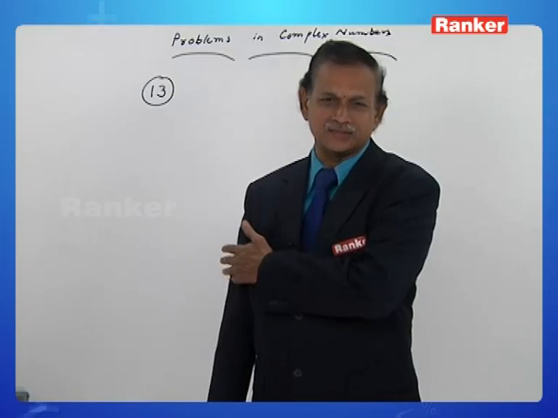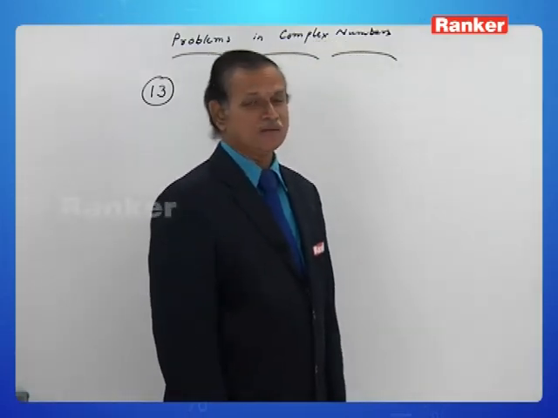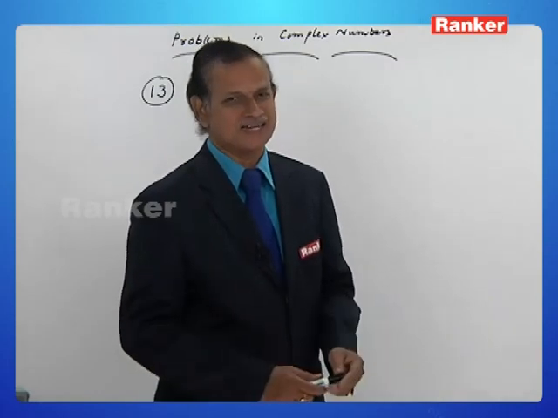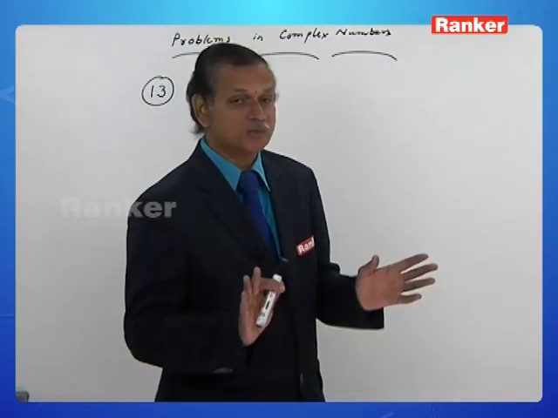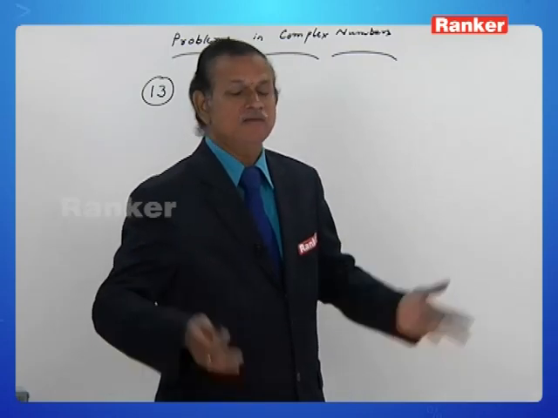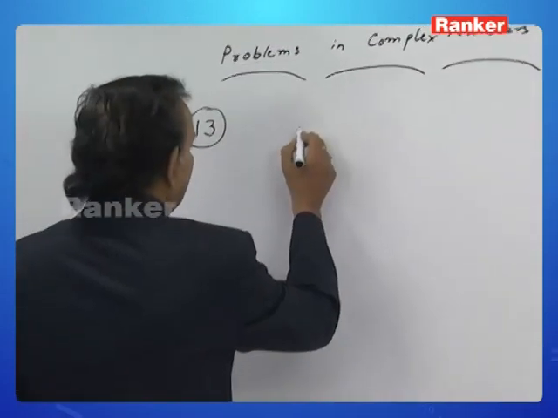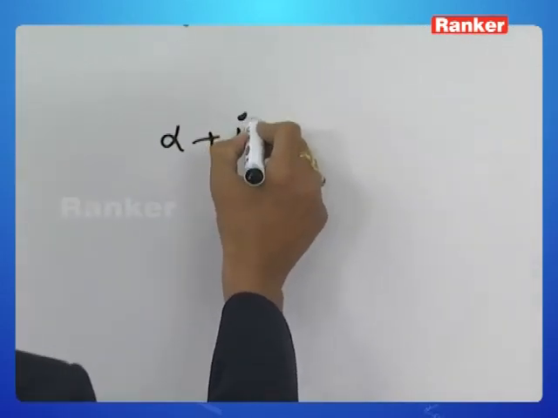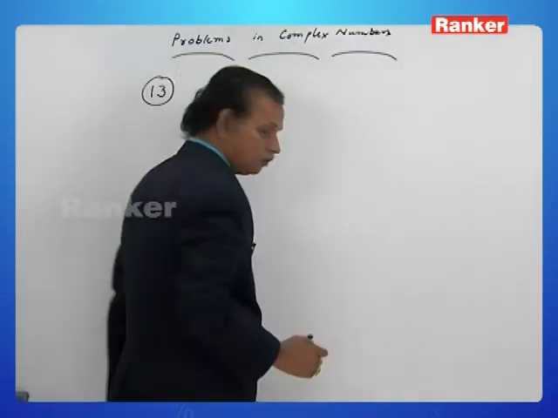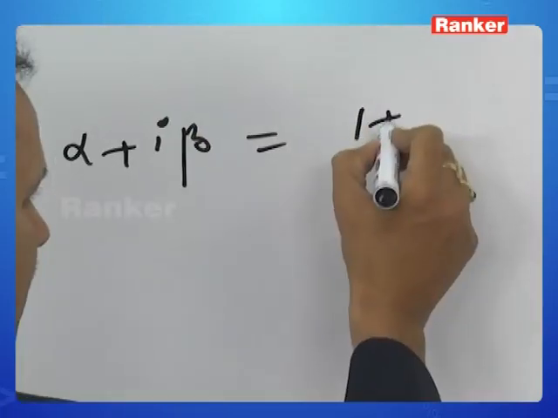He is asking us. Oh, it's very simple. You see, in the data, 1 plus i, 1 plus 2i, and so on are given. So we are supposed to have their moduli. How can they be had? Let us see. What is given actually? Alpha plus i beta is equal to (1 plus i)(1 plus 2i)(1 plus 3i) and so on